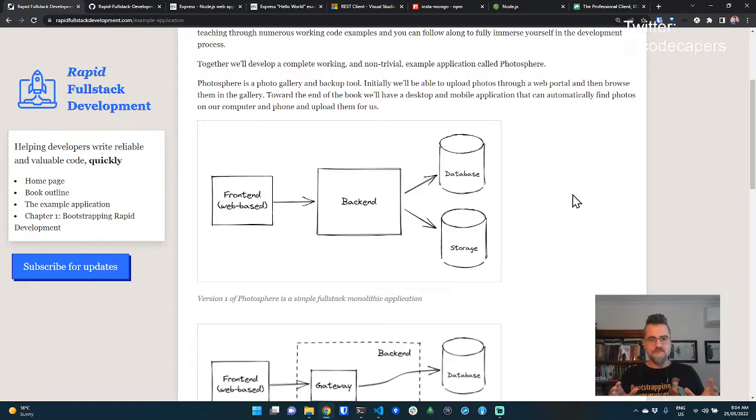Well, for one thing, I need to write this example application because I need example code for my book, Rapid Full Stack Development. And the purpose of the example application for the book is that it's a vehicle that I'm going to use to teach you good development habits. I'm using it to teach techniques for fast and efficient development. So, this example application, even though it's relatively small, it's designed to have a bit of everything.